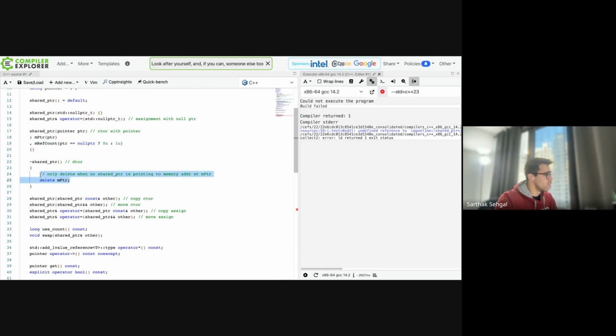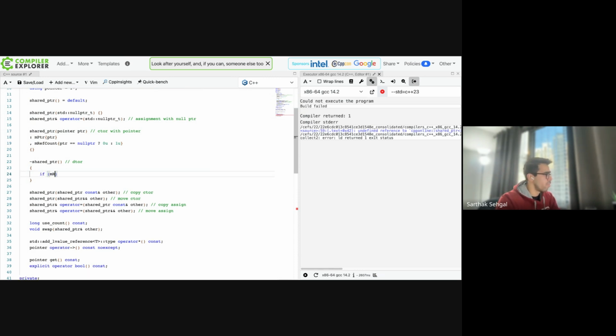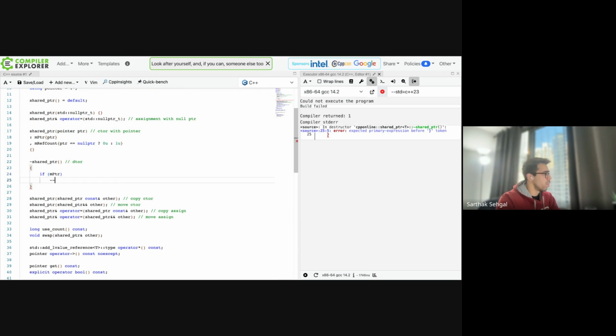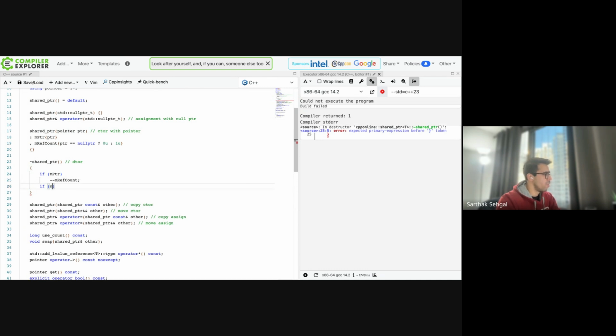Now destruction is simple. The first thing we want to do is decrement the ref count if the shared pointer was pointing to an actual memory location. So let's check our member pointer. If the member pointer is not null, and I can make this a bit more concise by just checking the member pointer, decrement my ref count. And now if the ref count,